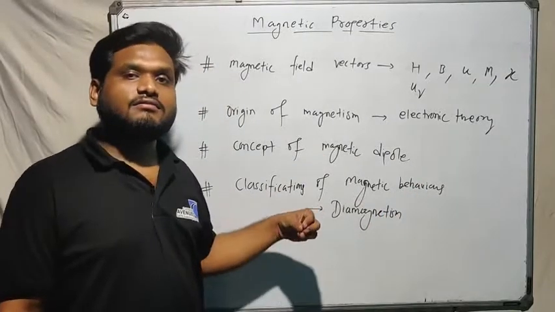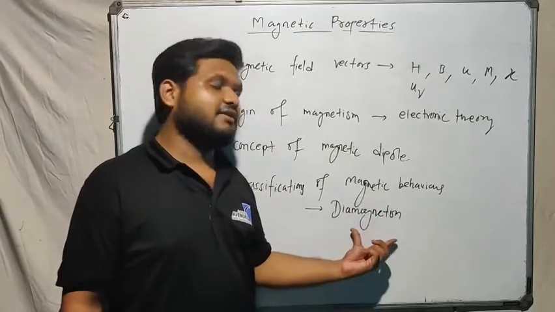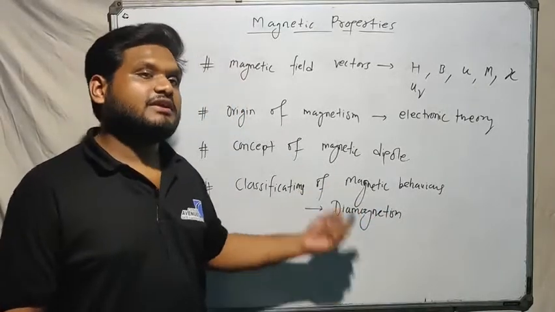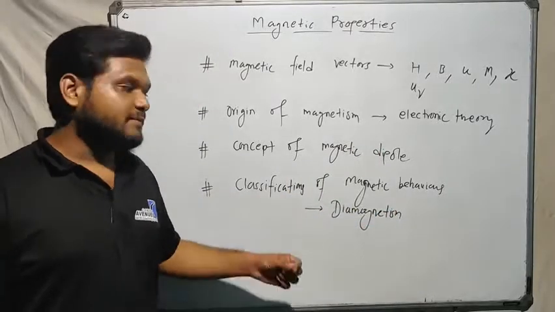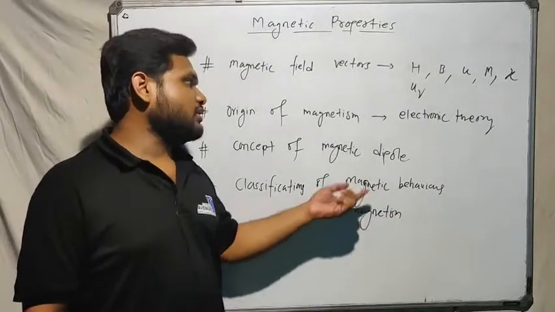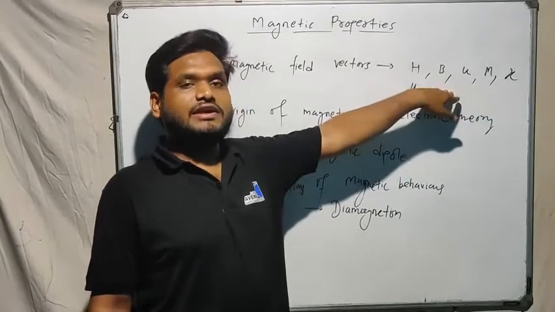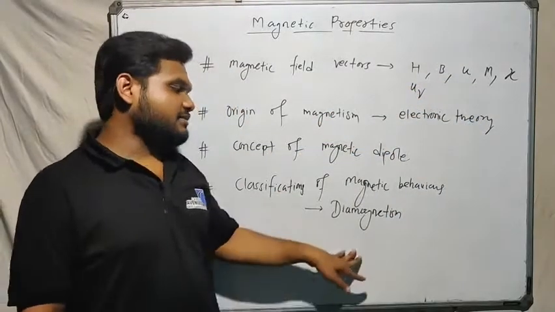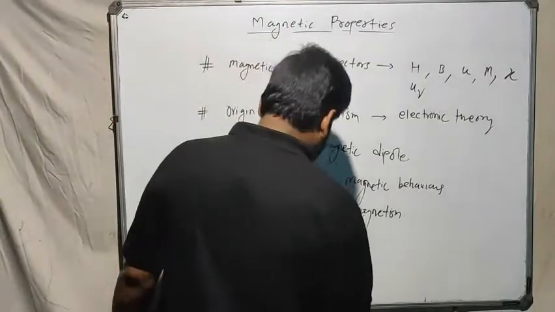Why do they do so? Why only that? What are the specific features of this behavior, which is diamagnetism? Do the materials which show this behavior get attracted by a strong magnet, or are they repulsed? What is the value that you will see? Just by looking at that value, you can say that my material is a diamagnetic material. So we will talk about that.